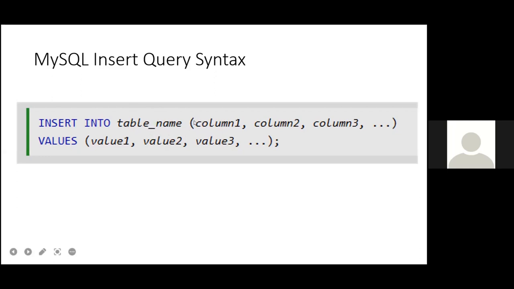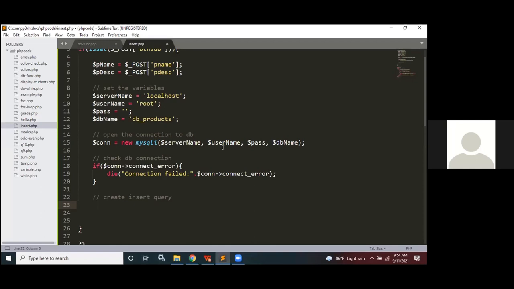And then this is optional, of course. Within brackets, you can provide the column names like this within brackets, and then provide the values that you're going to insert. Values, and then within brackets, you provide the values here. So this is the simple insert query. So we are going to write the same query. I'm going to say, let's take it into a variable called $SQL, and then within double quotation, you need to provide your query, your table name,